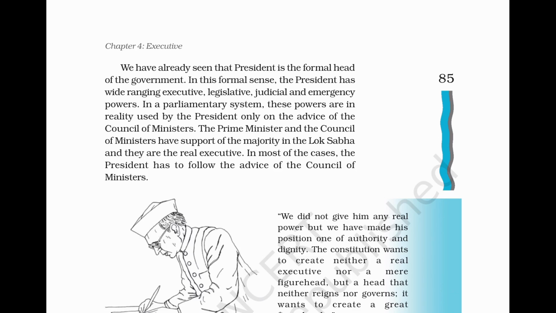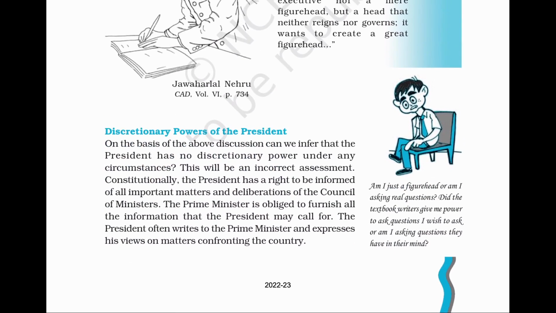We do give the power. So there are certain situations wherein the president can only act in discretion. अपने मर्जी से वो काम कर सकते हैं. So